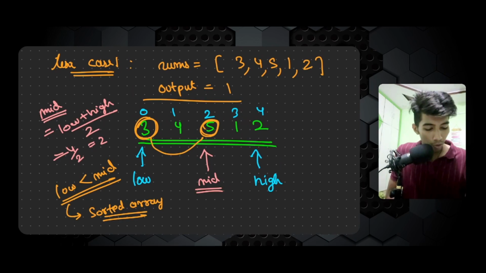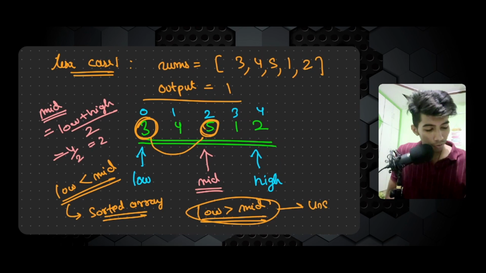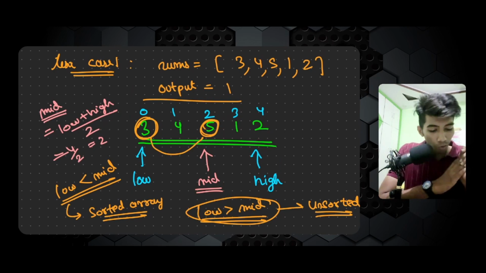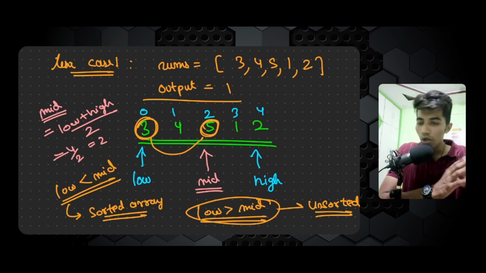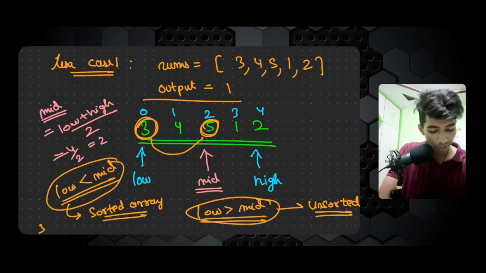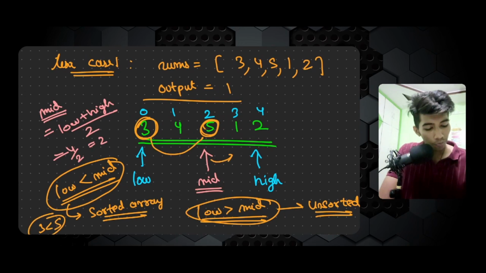Easy. Now if my low is greater than mid, then it means we are in an unsorted array. I am talking about this particular case. So you have just understood two things here. Simply, if my low is lesser than mid, here 3 is lesser than 5, then what I am doing is shifting my low pointer